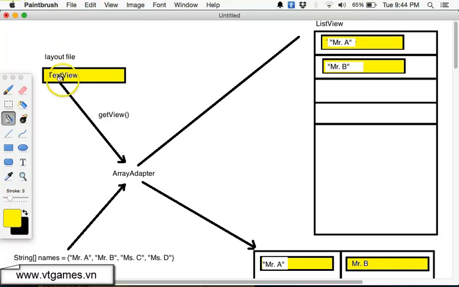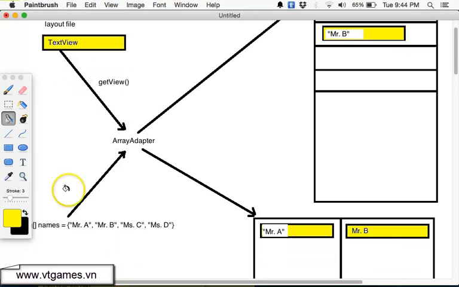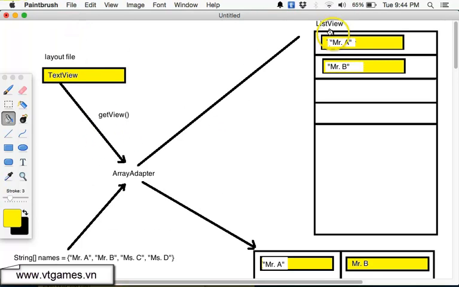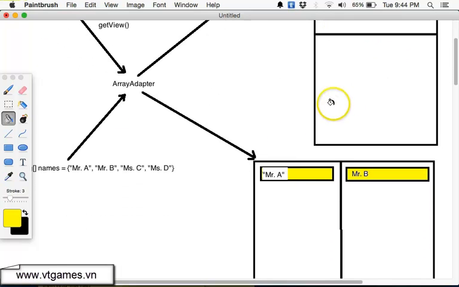Again, this layout file is concentrating on how to display a single item. The array adapter can take each single item and put it into the layout view and put it into the list view. For list view, it's going to arrange each single item one by one from top down. But if you put it into a grid view,